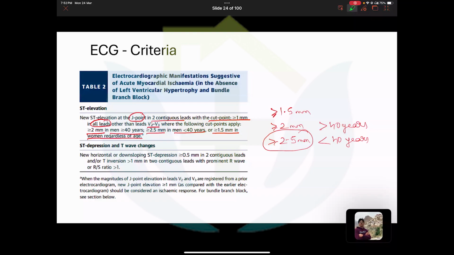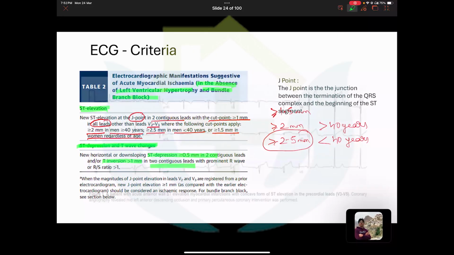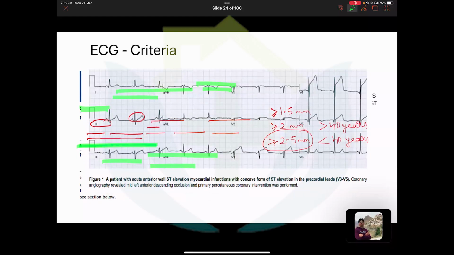So this is for ST elevation. Remember, the ST depression has a different criteria along with the T wave changes: ST depression more than 0.5 mm and T inversion more than 1 mm in two contiguous leads. So this is the definition of AMI where there is no LBBB, no bundle branch block. Okay, so that was some ECG criteria. I have added all the ECGs of the different things, and the Wellens and the Winters ECG T waves at the end, so you can see them there also.